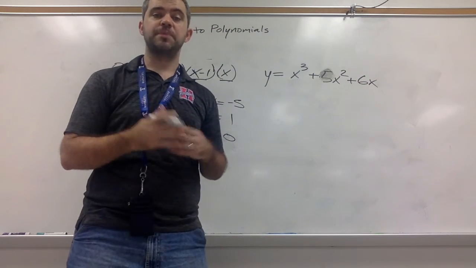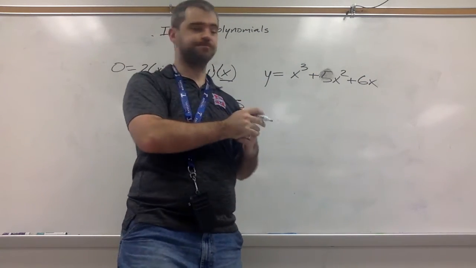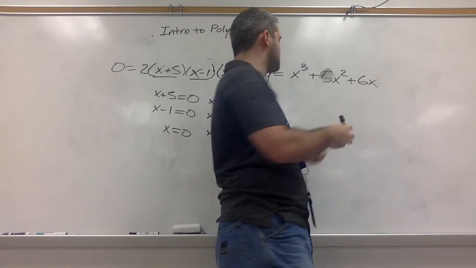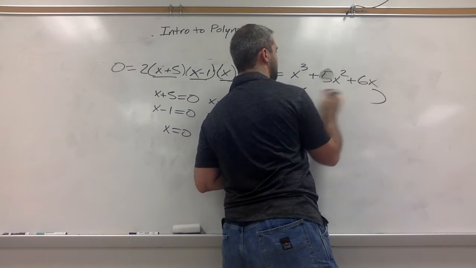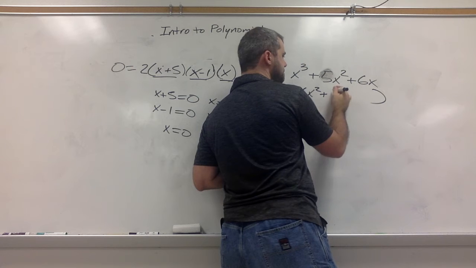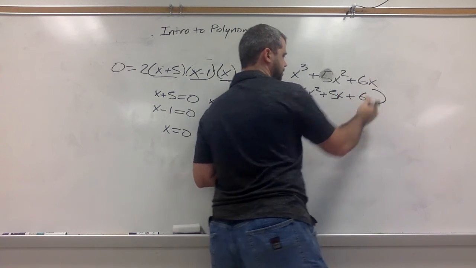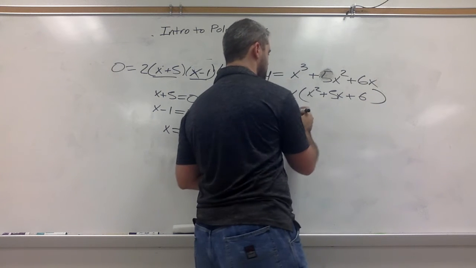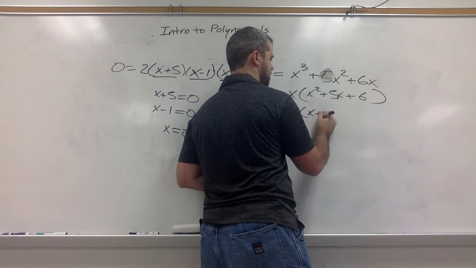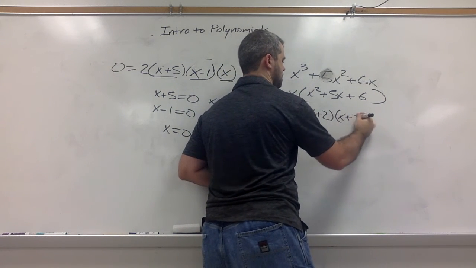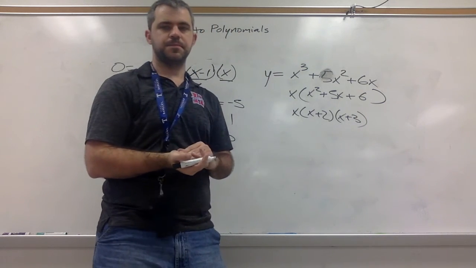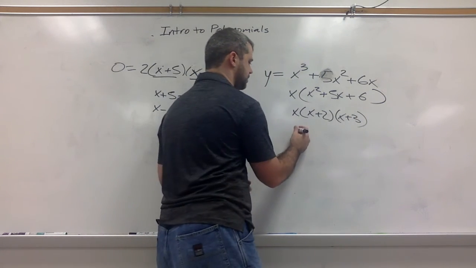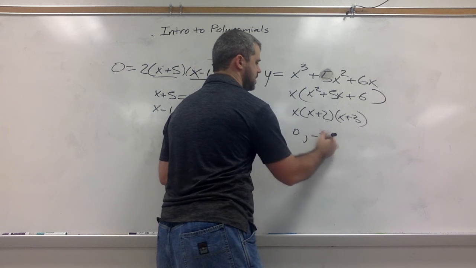Okay, we know we should be able to factor this out into 3 parts. So I've got a common x I'm going to take out. I know that 2 times 3 gives me 6, and 2 plus 3 gives me 5. So my 3 roots wind up being 0, -2,